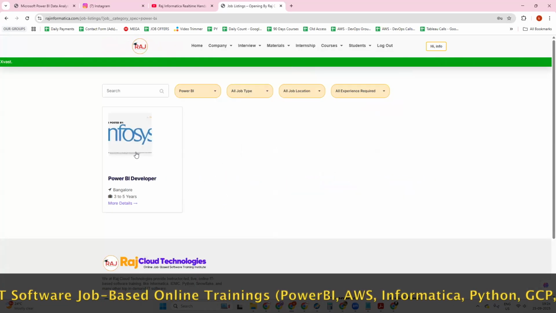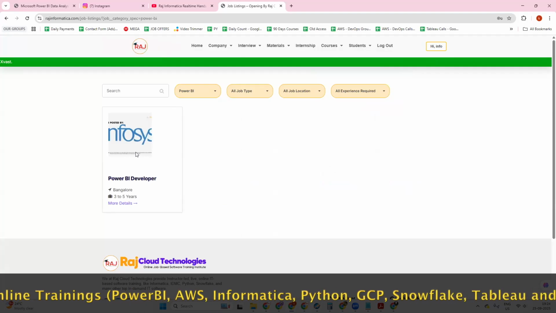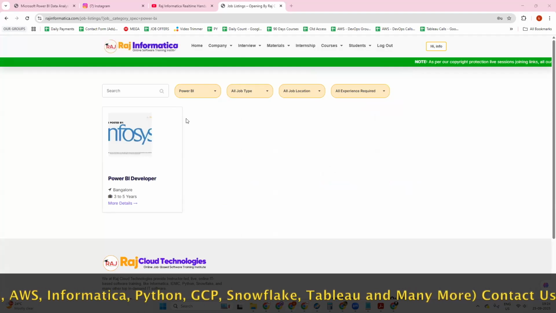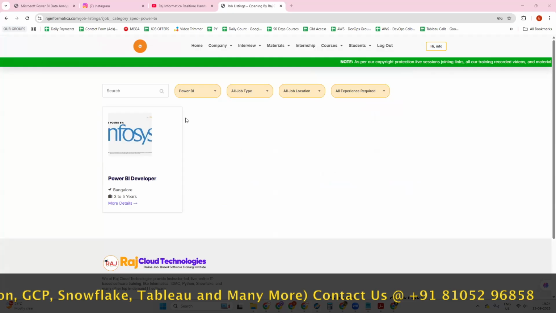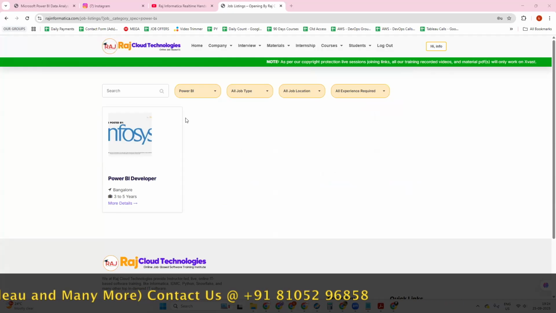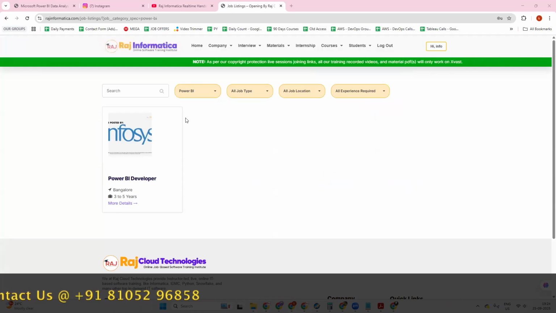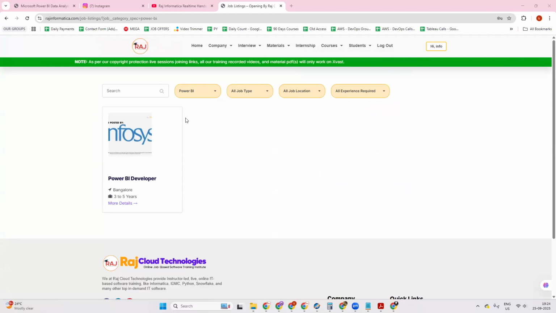Right now it is still in the developing stage, so it is not integrated into our website yet. Mostly in the next 1 week we are going to launch it directly on our website. From that time, you can apply for this. Only enrolled students can get access to this page and apply.